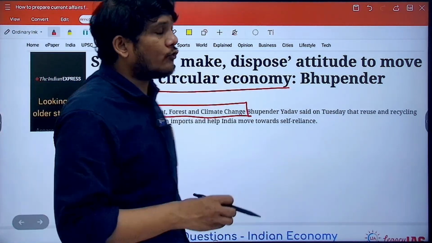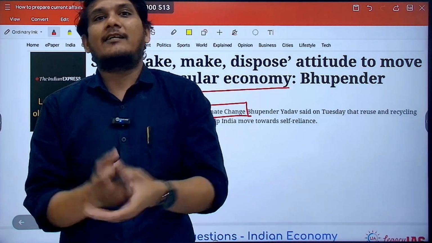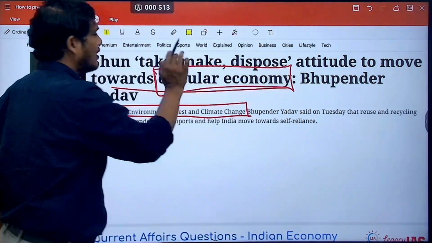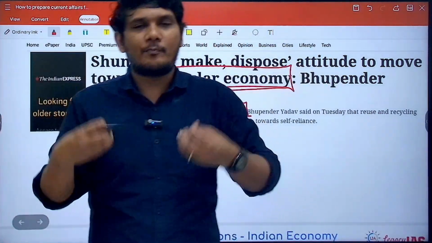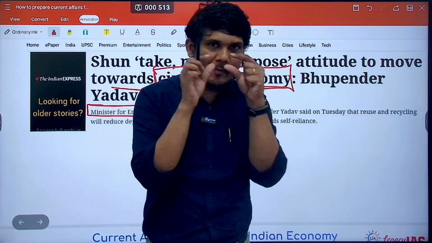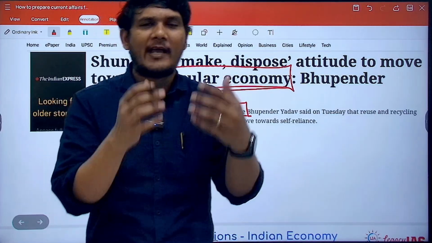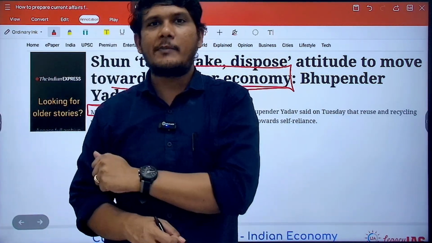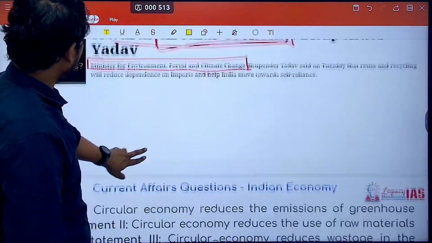So someone who's the Minister of Environment, Forest and Climate Change coming and saying a certain thing, talking about a circular economy, don't you think this becomes important? Absolutely. If Nirmala Sitharaman, who is the finance minister as of now, comes, the more important thing is the designation of finance minister. If the finance minister comes and gives a particular concept tomorrow, won't that become important? Of course it will. So he talked about the circular economy and this was in news.